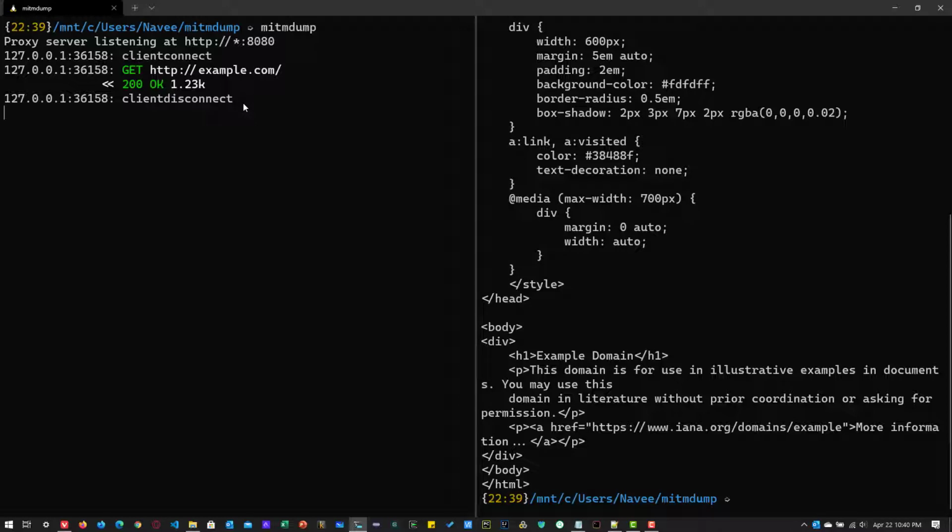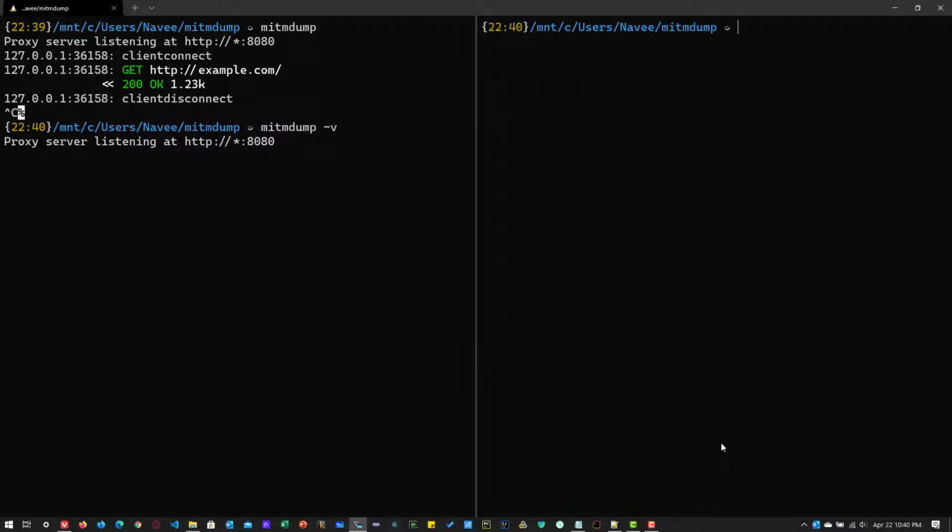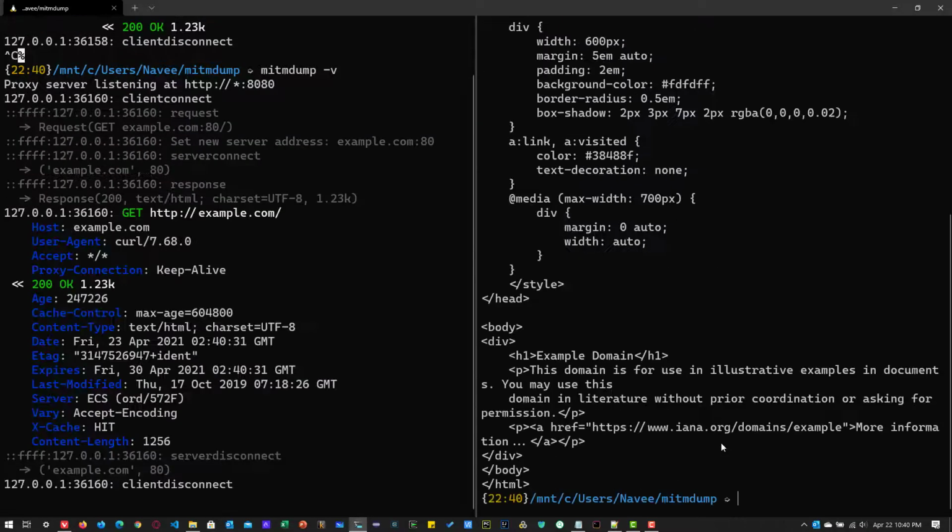Now I'm going to terminate this MITM Dump because I am going to add another argument called -v. This will give detailed statistics or detailed log information in the command line. So now I'm going to issue the same command, which is curl with proxy localhost 8080 and example.com.